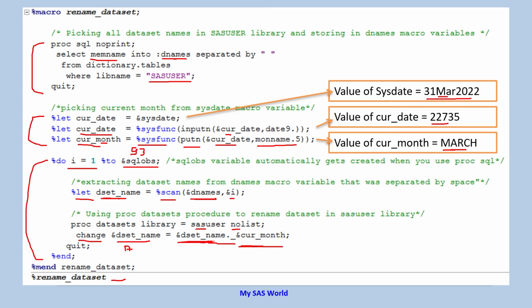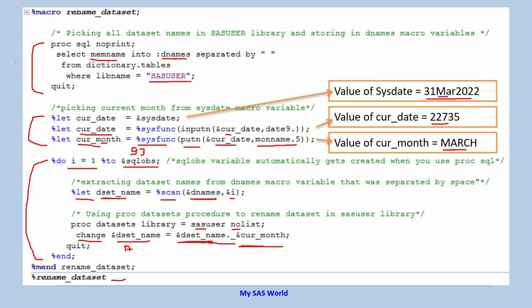We can see that dset_name does not have the underscore at the end. So we need to separate this particular macro variable so that there is no issue. We have put a dot here, but at the end we do not have anything, so we do not need to put a dot there. I believe this is clear.